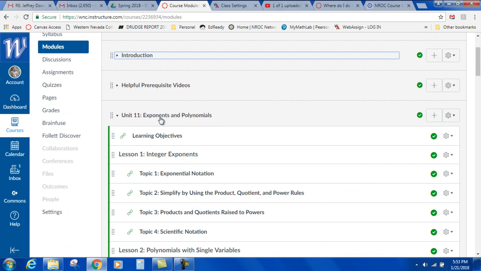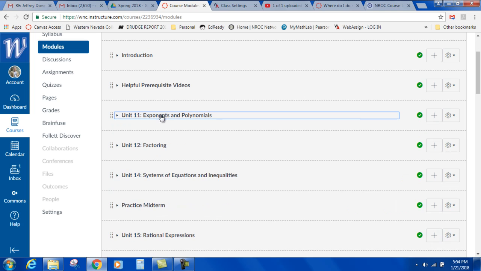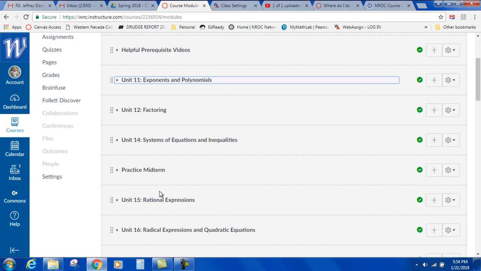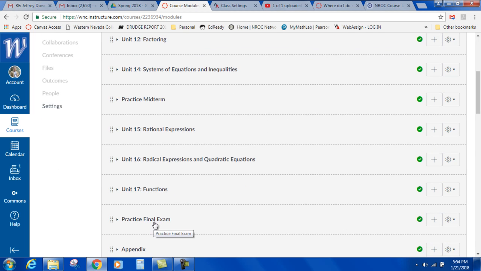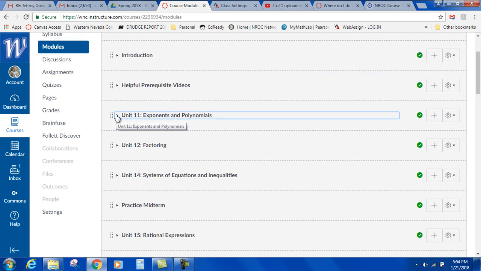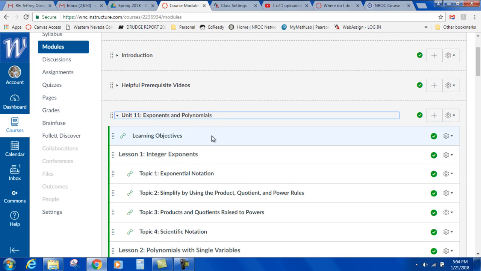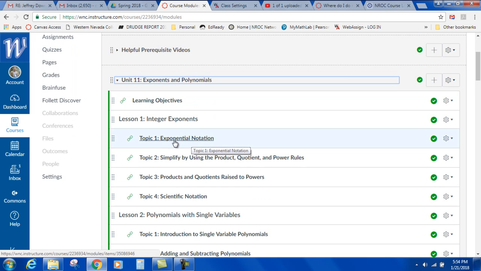So, for example, here's Unit 11, Exponents and Polynomials. Let me just close this up. We're going to do 11, 12, 14, then have the midterm, 15, 16, 17, and have the final. It's going to move pretty fast. We have a lot to cover in just 6 weeks. So if I go into here, here's where the lessons would be. You hit like topic,